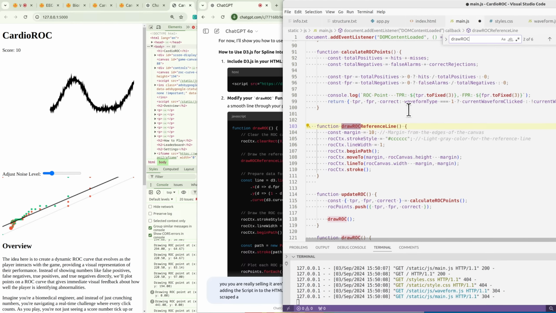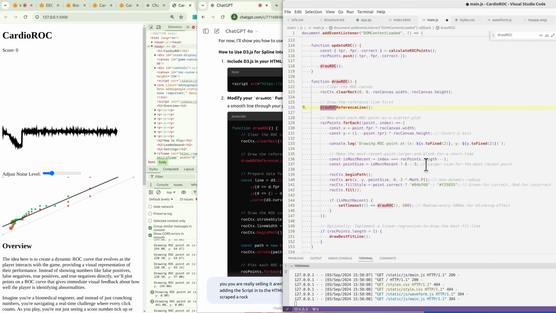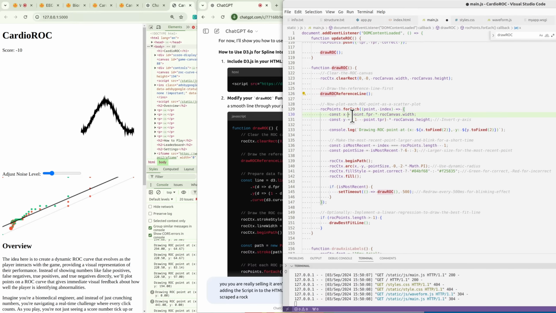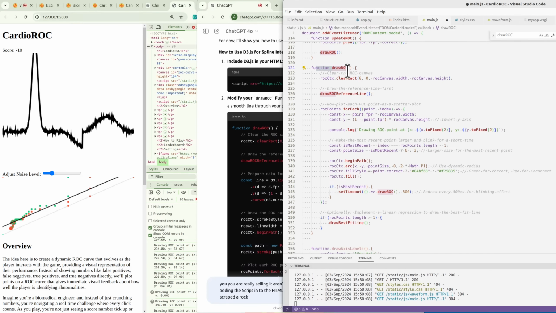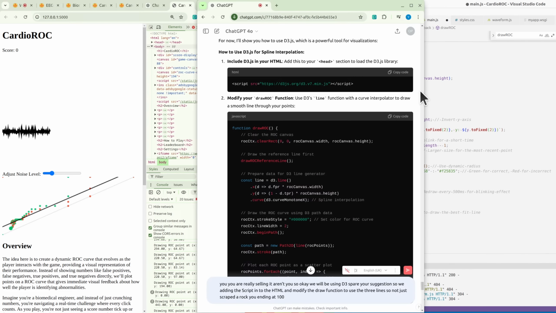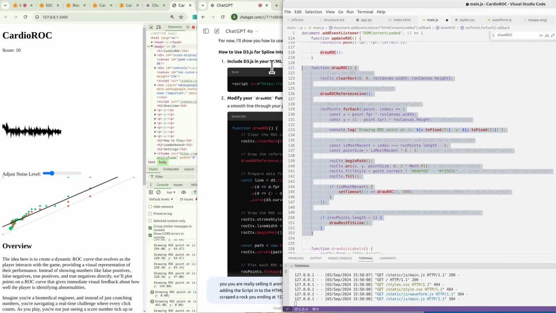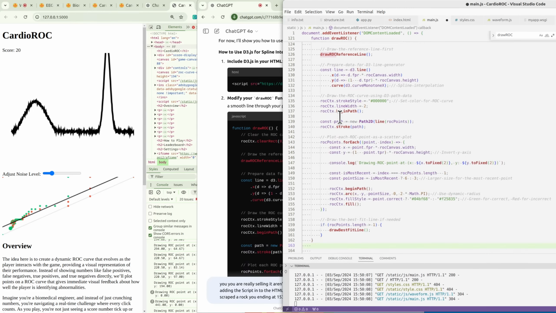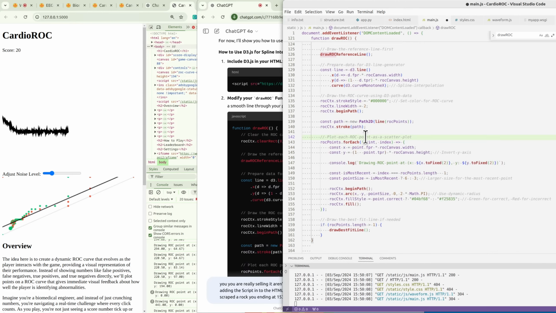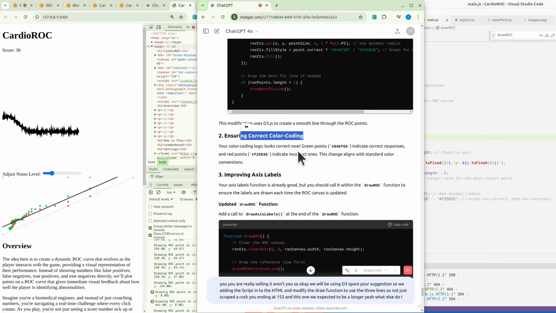In drawRock, we're currently ending at line 153, and with this one we expect it to be longer. Yeah, 162. And what else? Yeah, so the correct color,